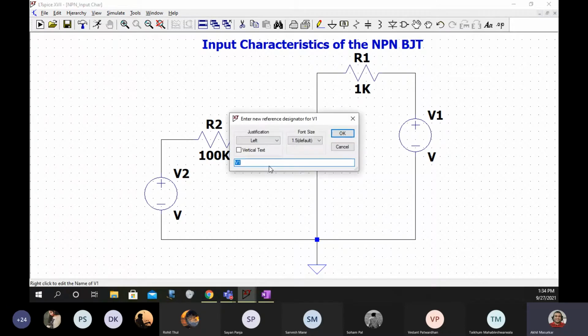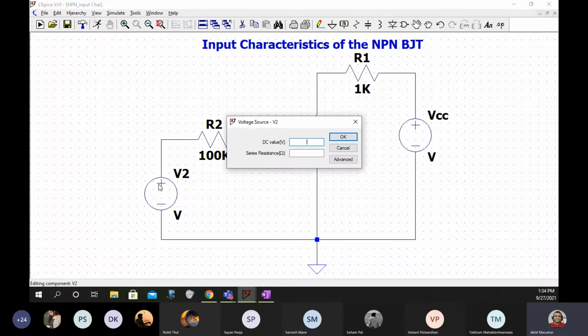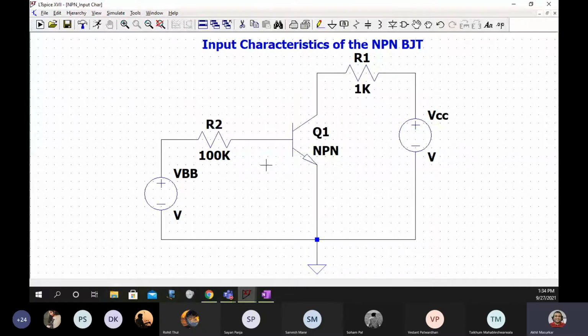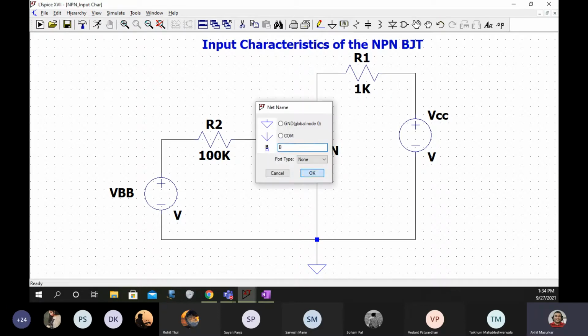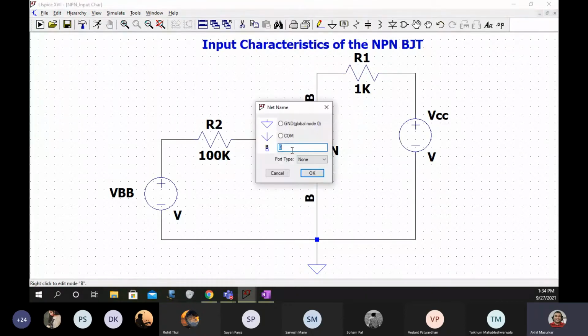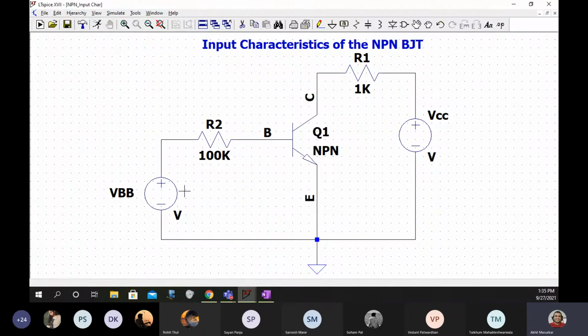Then we'll name this the collector bias, and this VB. You can beautify this as you like. Then you label the nets: this is our base, this is collector, and this is capital E, and so on.